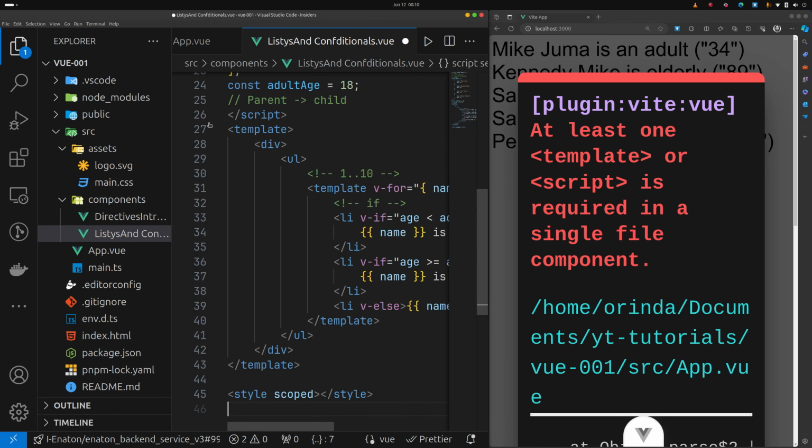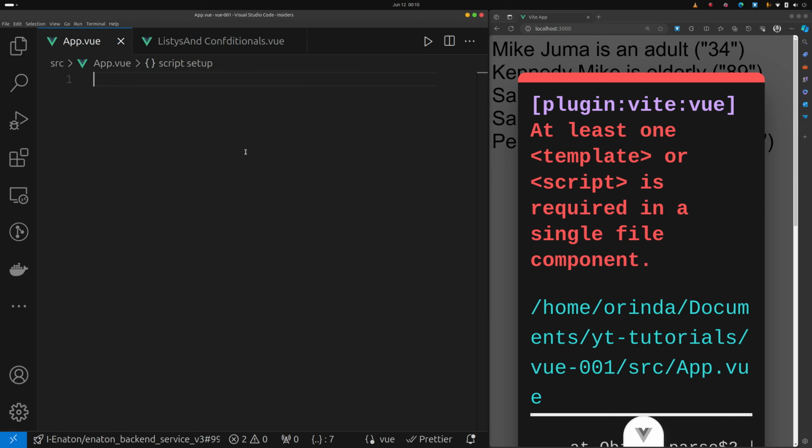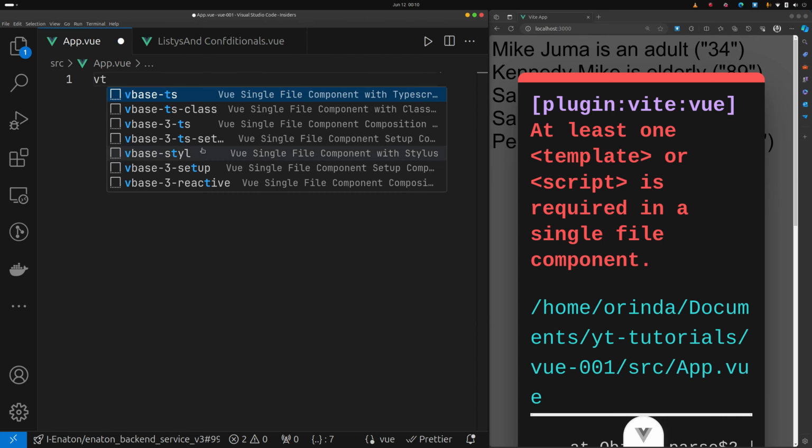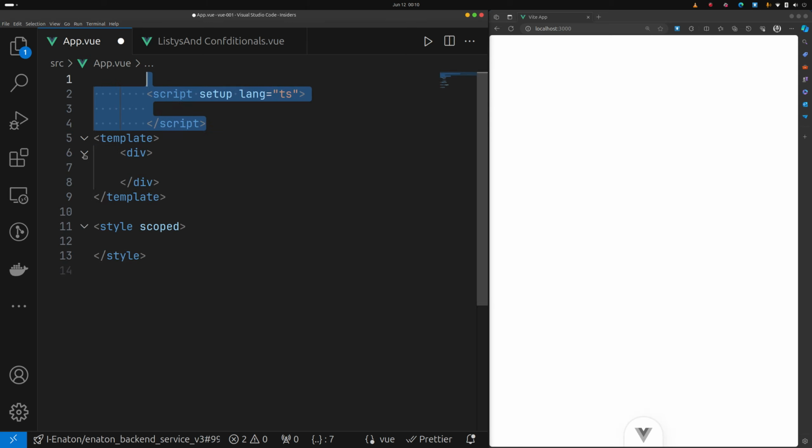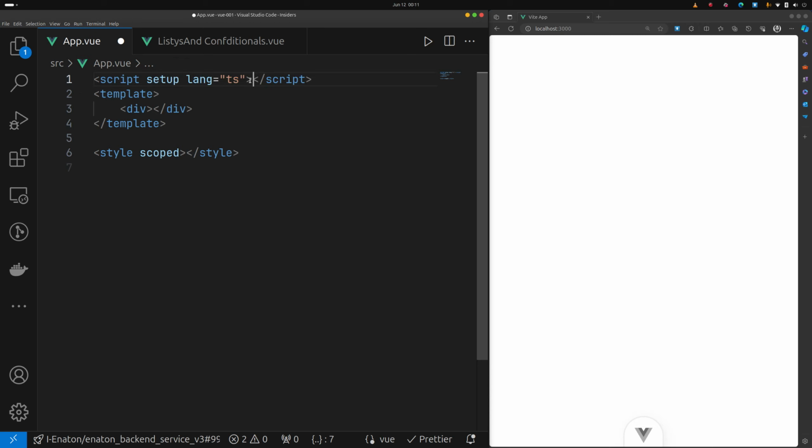So paste. Then we can have this as something fresh. Then we can just have a v template here, v3 ts setup. So I'll move this up. So let's say you have a button,